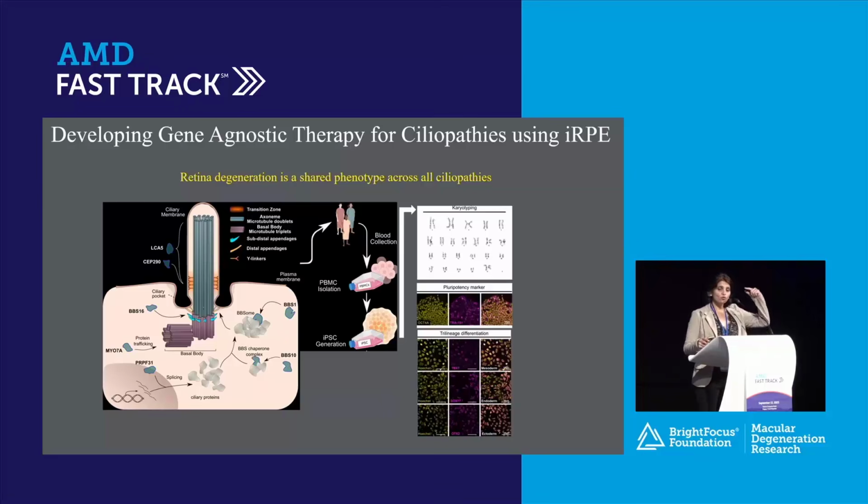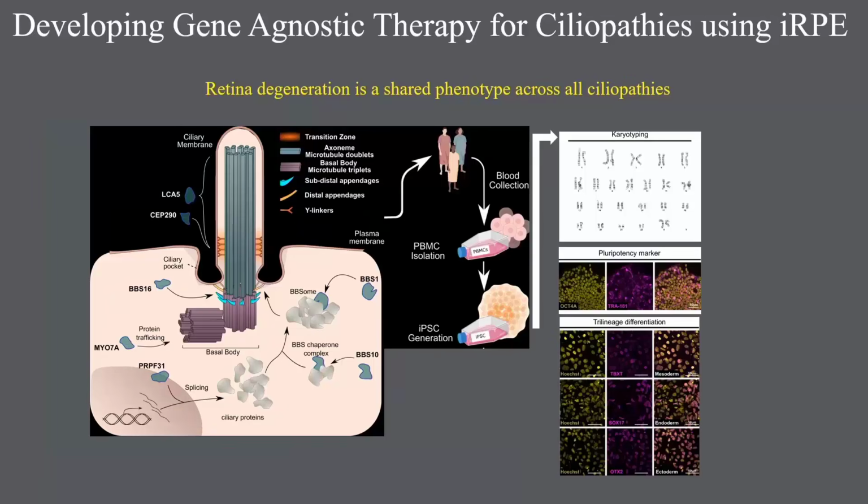Another thing I want to point out in this slide: when you work with iPS cells and make these iPSC cells from patient blood or fibroblasts or any somatic tissue, you want to make sure these cells are well characterized. You want to make sure that they have chromosomal stability. You can do it by karyotyping. You want to make sure that these cells express the pluripotency markers, such as OCT4 and TRA-1-81.